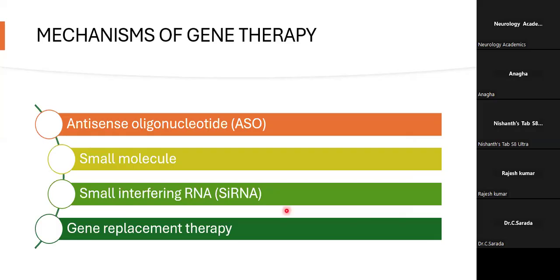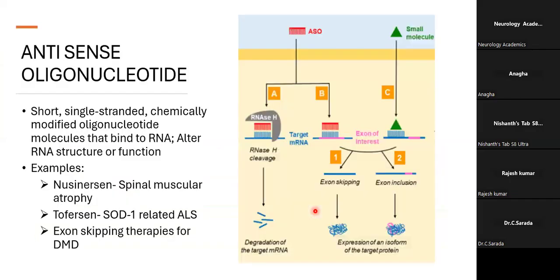So coming to the mechanisms of gene therapy, there are basically four mechanisms: the antisense oligonucleotide, small molecule, small interfering RNA, and the gene replacement therapy. First, antisense oligonucleotide. These are short, single-stranded chemically modified oligonucleotide molecules that bind to the messenger RNA and alter the